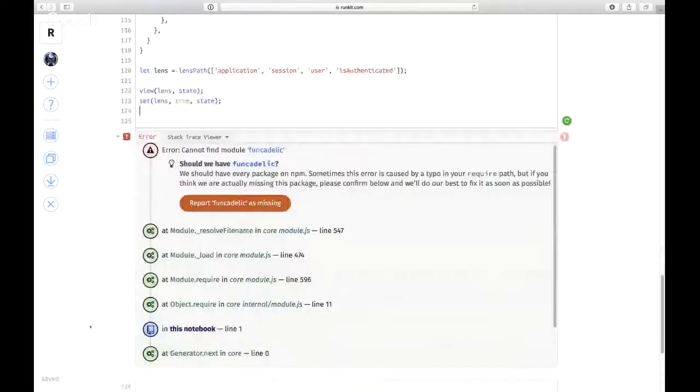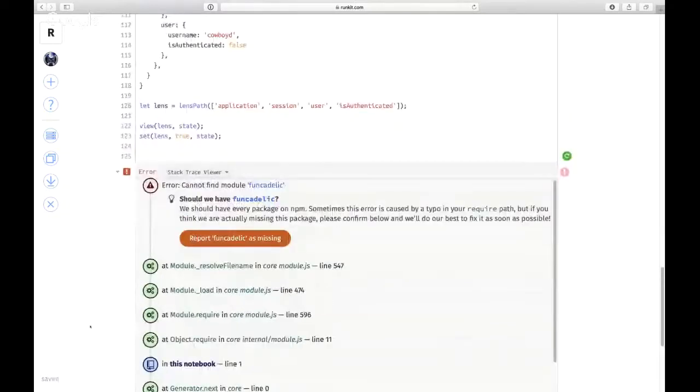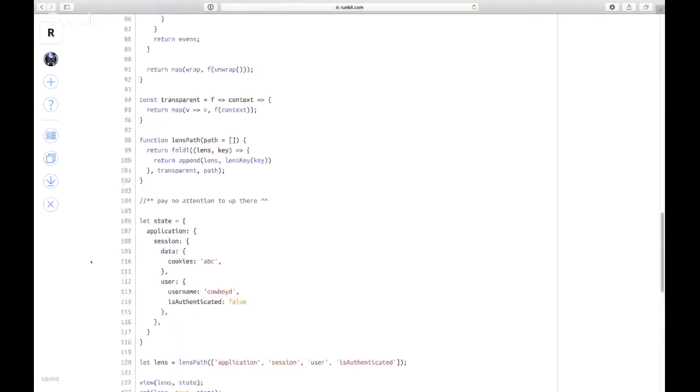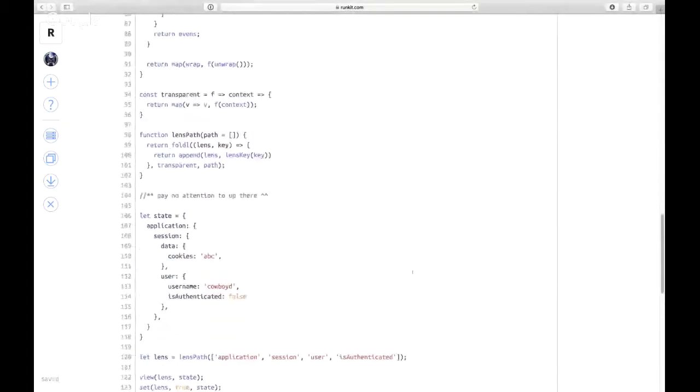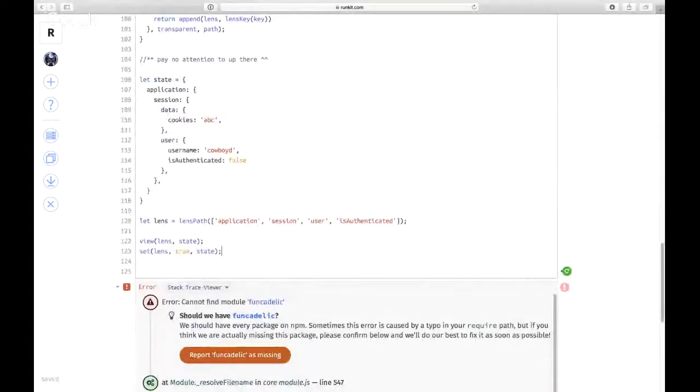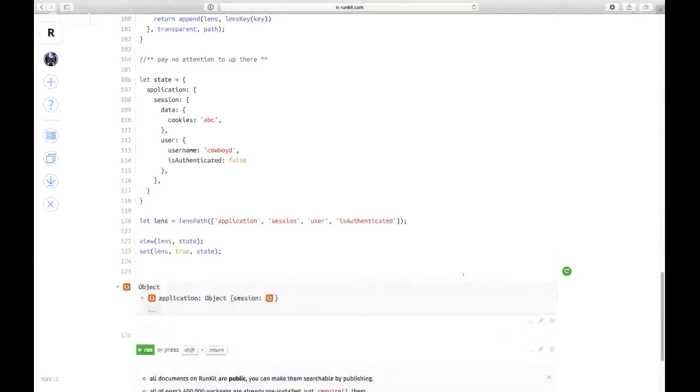Man, RunKit is not my friend today. I got one step closer, but okay, refresh the page. Let's see. Okay, there we go. So getting around that little foible of RunKit,